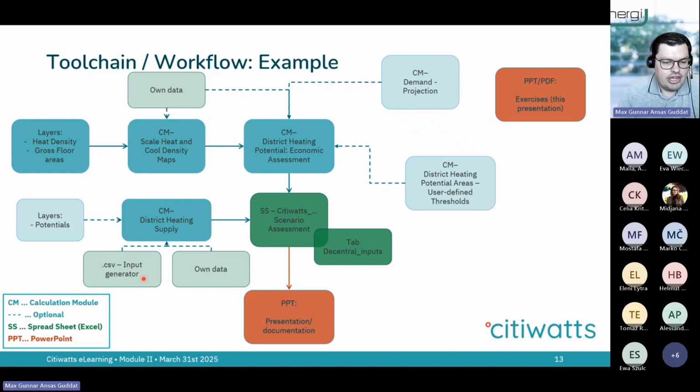We have tried to give you an overlay to make it easier to adapt these things and then still have consistent scenarios. So if you want to cover, for instance, different district heating shares, which you may have found in the analysis up here, then down here you can more easily apply and evaluate those. Everything that is colored in this, I would call it CityWatts petrol color scheme, is something that is in the toolbox. So that's on the platform that was demonstrated last Friday. Everything that's greenish is in Excel, so that's something on the side. And then we have also the red